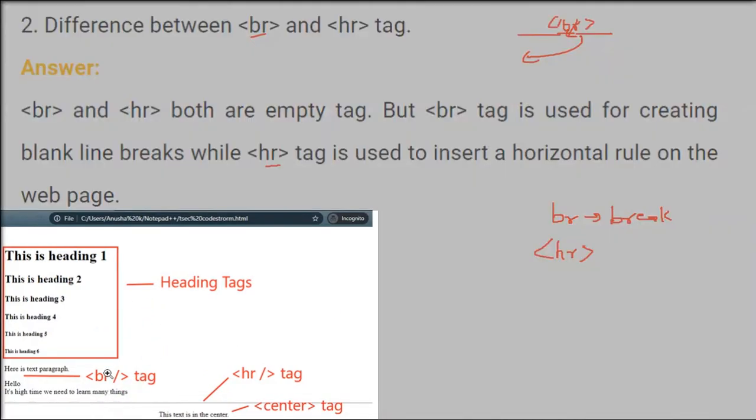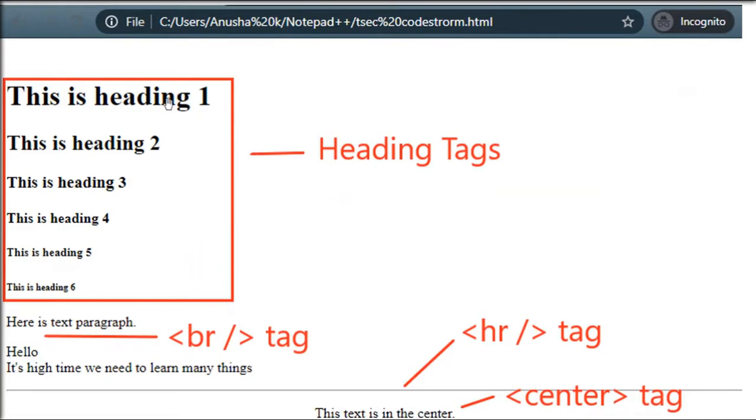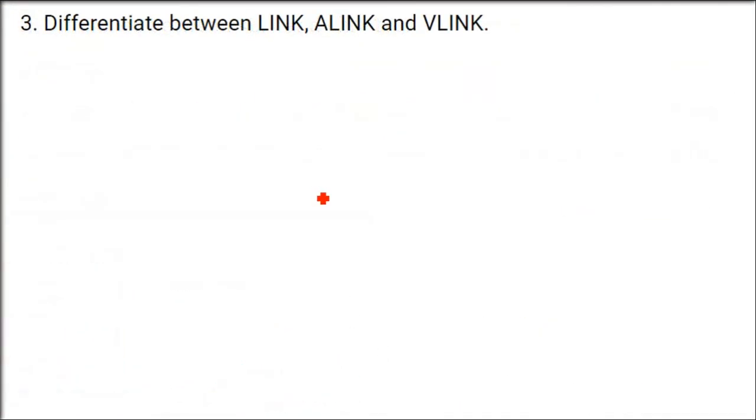So let me show you an example here. There are certain other things also here, but if you see, here is a text paragraph written. After that, while HTML programming, we have placed a BR tag. That is why we have a line break. In this content, we have put an HR. That is why after this HR, we have a proper line being shown. So HR tag, just put it here, you will have a line. So like a ruler, you draw a line using a ruler. That is why the name is HR.